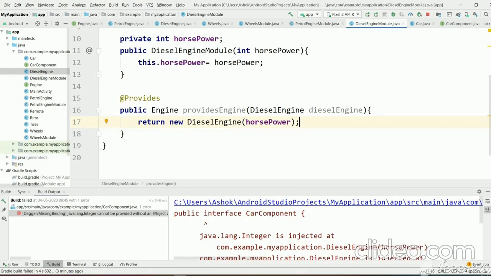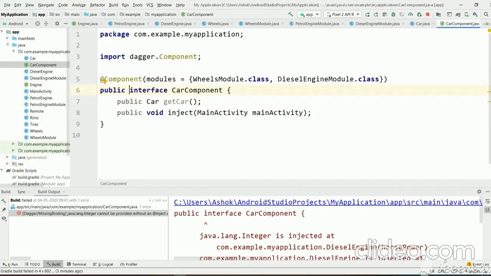And if you see, we are not going to create diesel engine using Dagger, so we don't need this argument. We are directly creating a new diesel engine with horsepower, and we are telling Dagger to use this to create the diesel engine in car component, because in car component we have provided the diesel engine module.